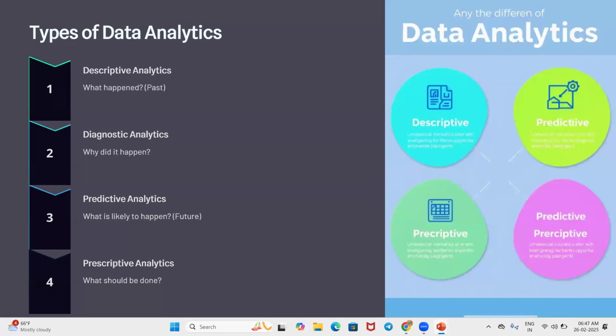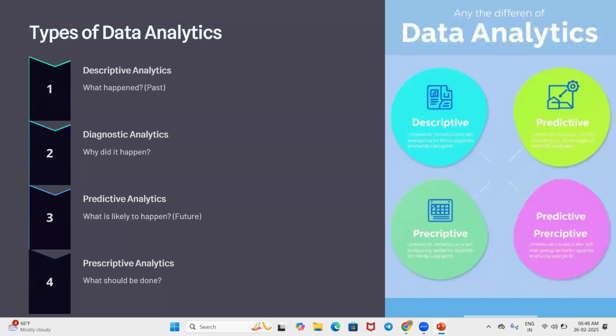So we have descriptive analytics, diagnostic analytics, predictive analytics, and prescriptive analytics. So what is descriptive analytics? Basically, descriptive analytics is a process where the data analyst deals with past data, in the sense the previous data. For example, suppose you are working at a company and they have some old data from 5 years ago.